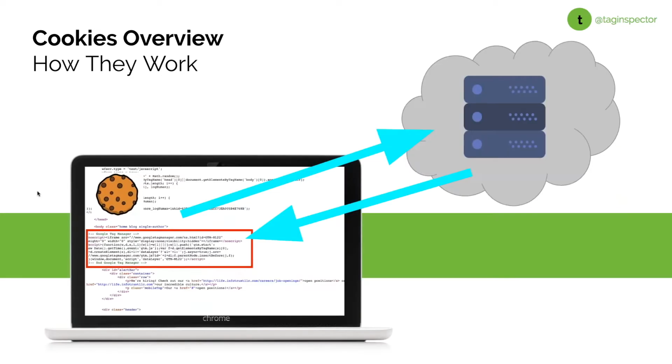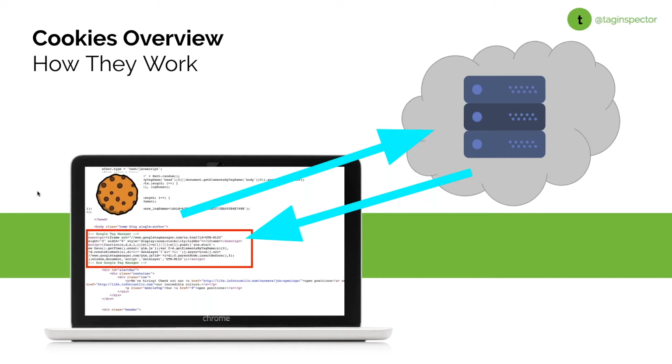So here's a quick and dirty visual here. When a web page is loaded, a tag runs, it goes out, requests information, loads it in. In this case, for Google Tag Manager, it's going to load in all the other tags on the website. It's also going to access cookies that are placed on the browser in order to be able to package that up and send those with requests to things like analytics, your media platforms for tracking and attribution purposes.